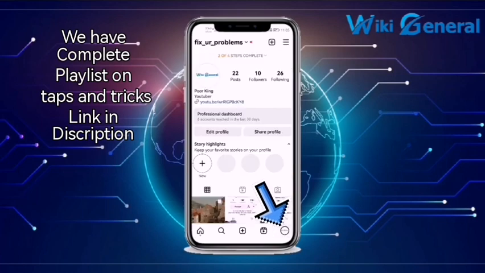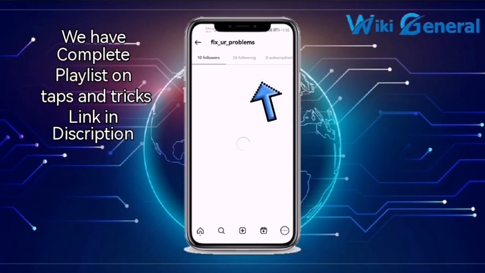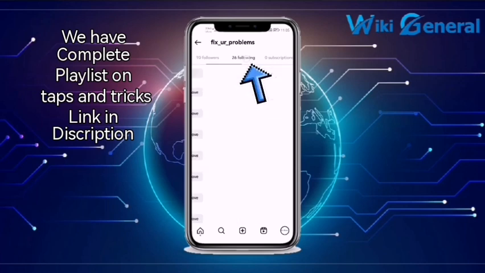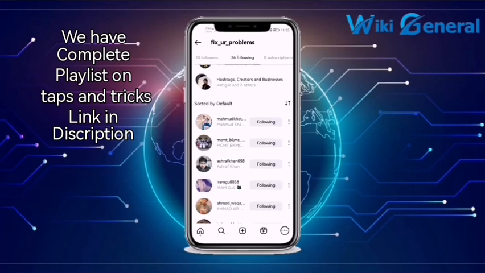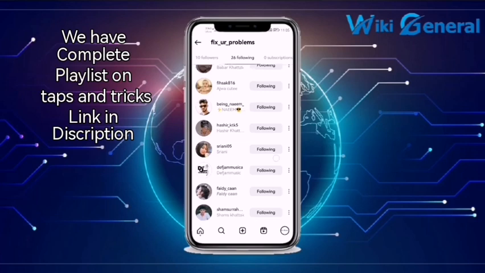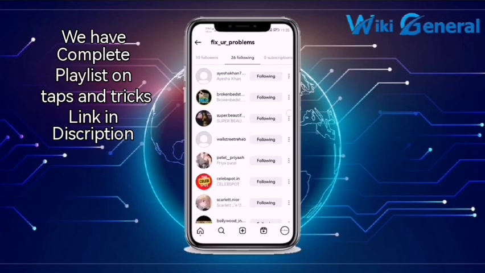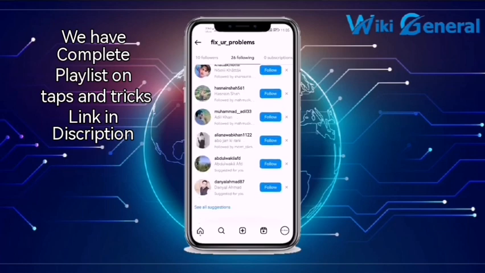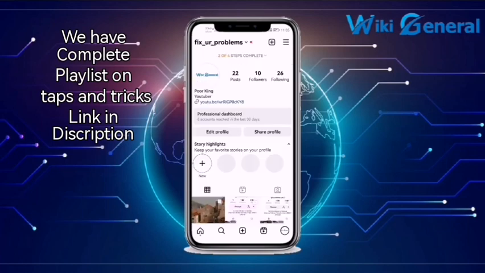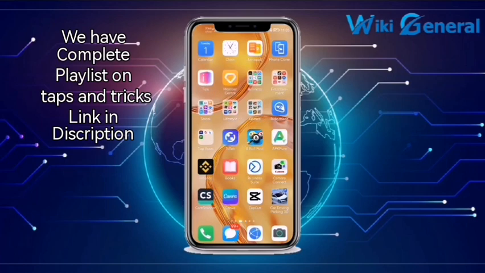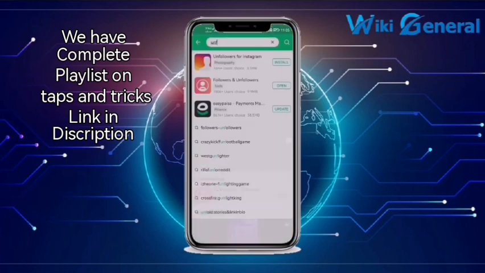So open your profile and you see the following section. You click on it and these are the accounts you are following. You see that you are unable to recognize those friends which you follow but who do not follow you back on Instagram, because all of your following are there. So we use a third-party app for this, and go to your app store and search for